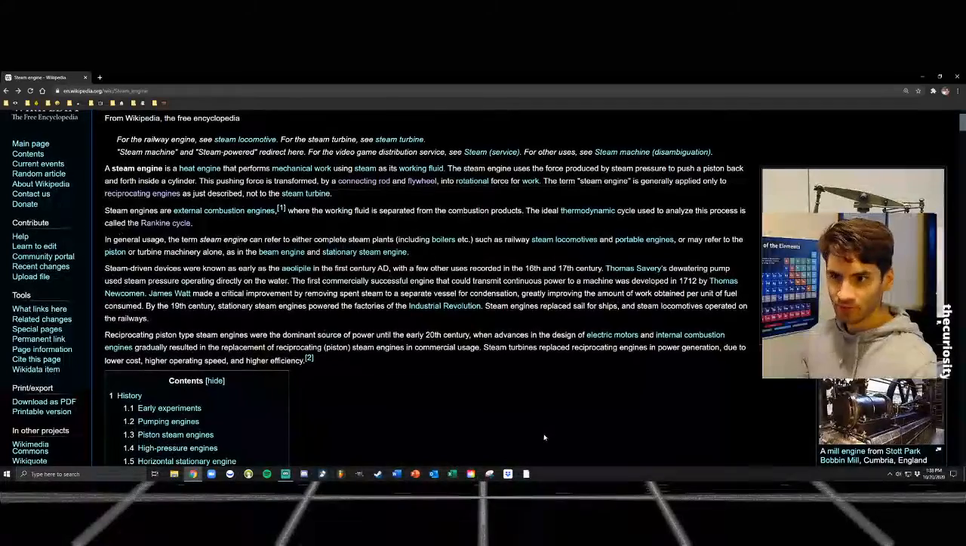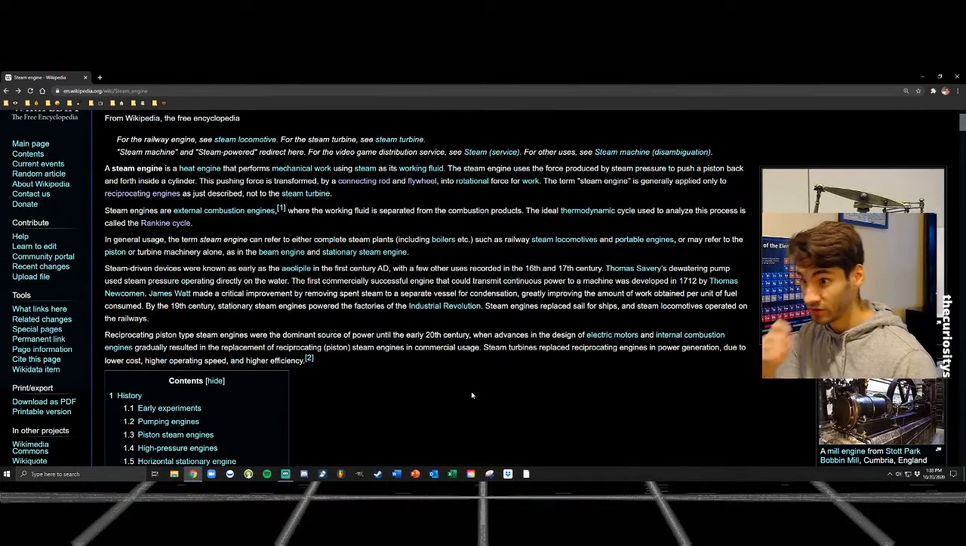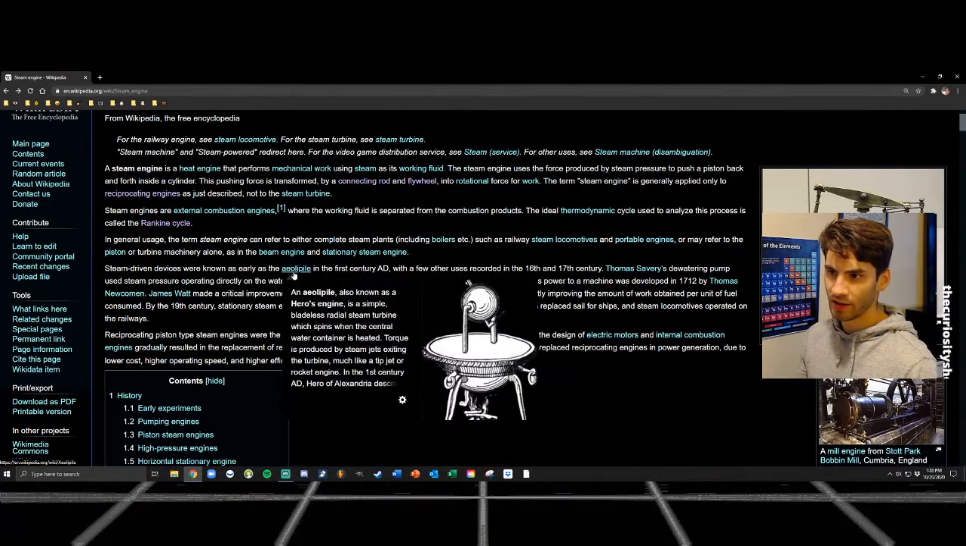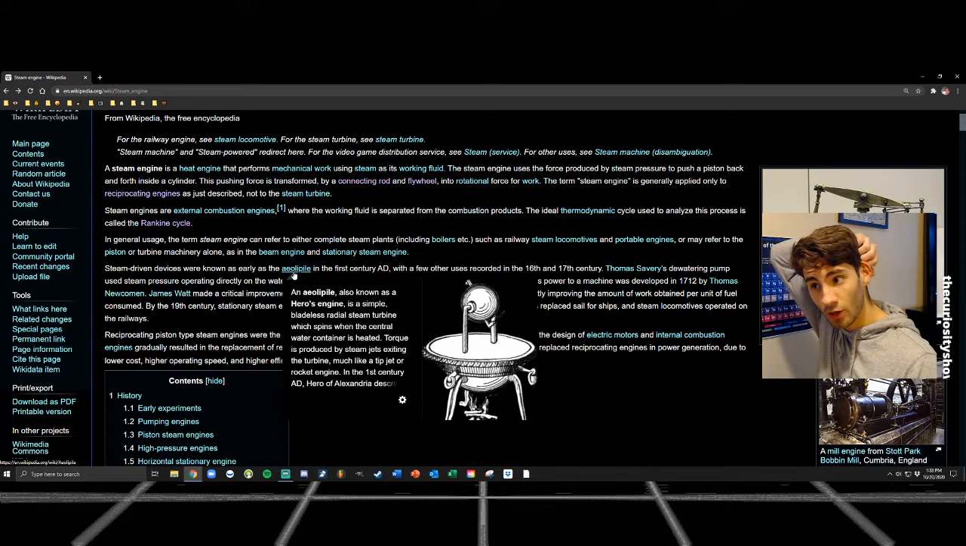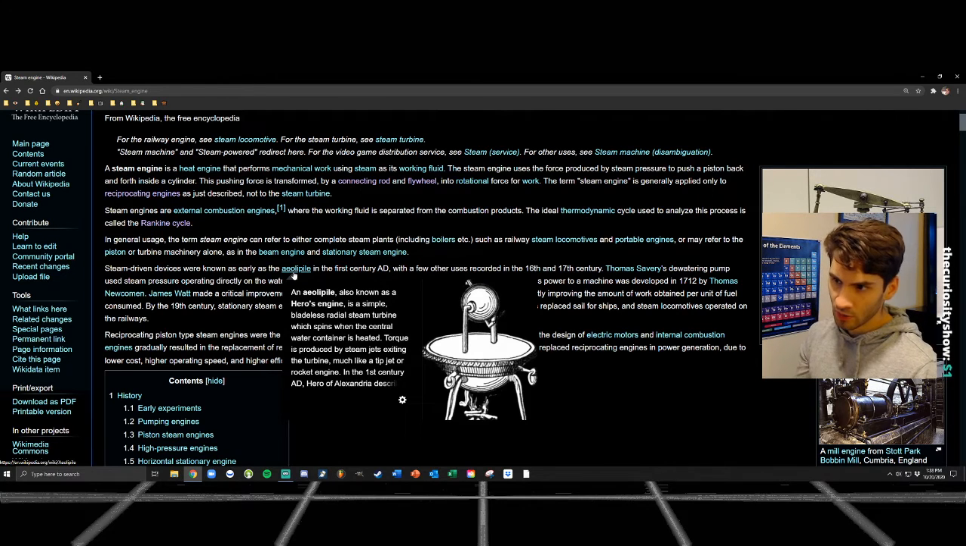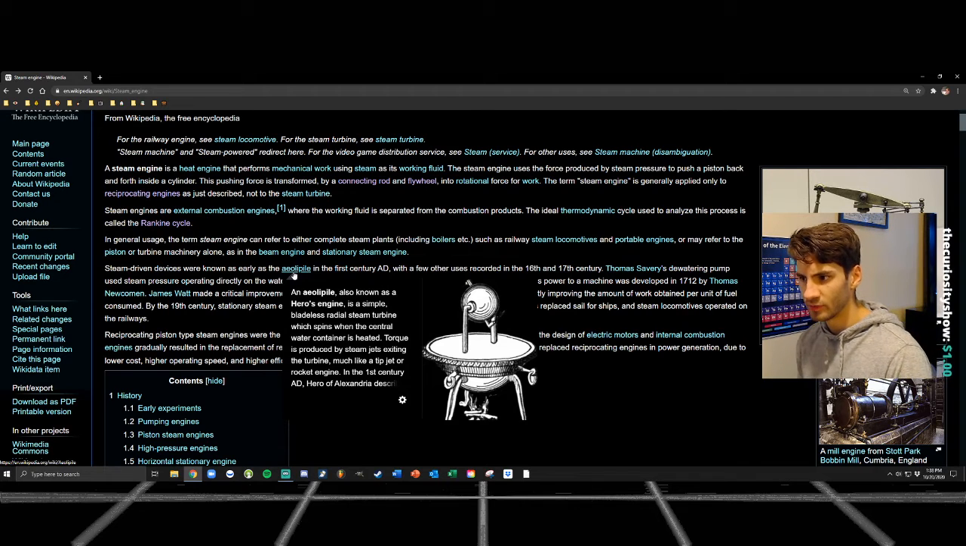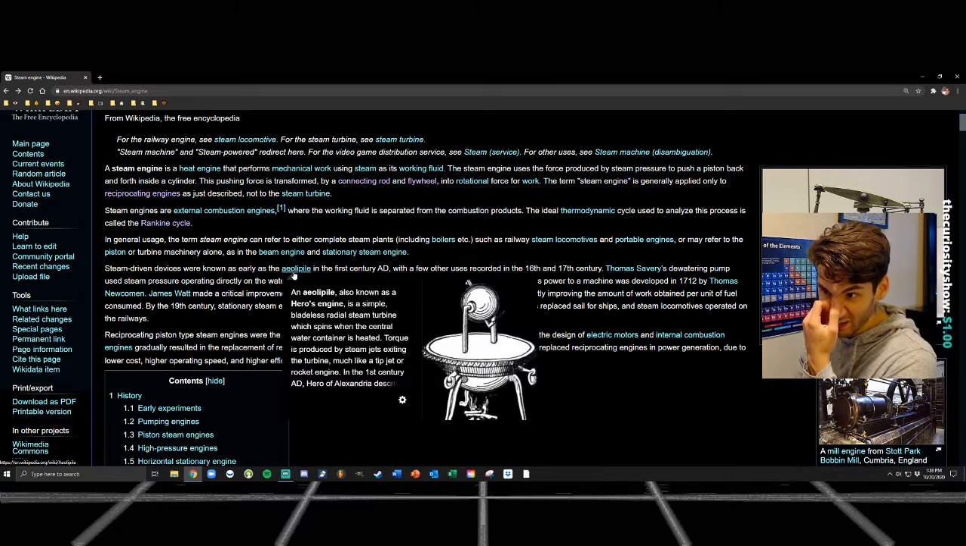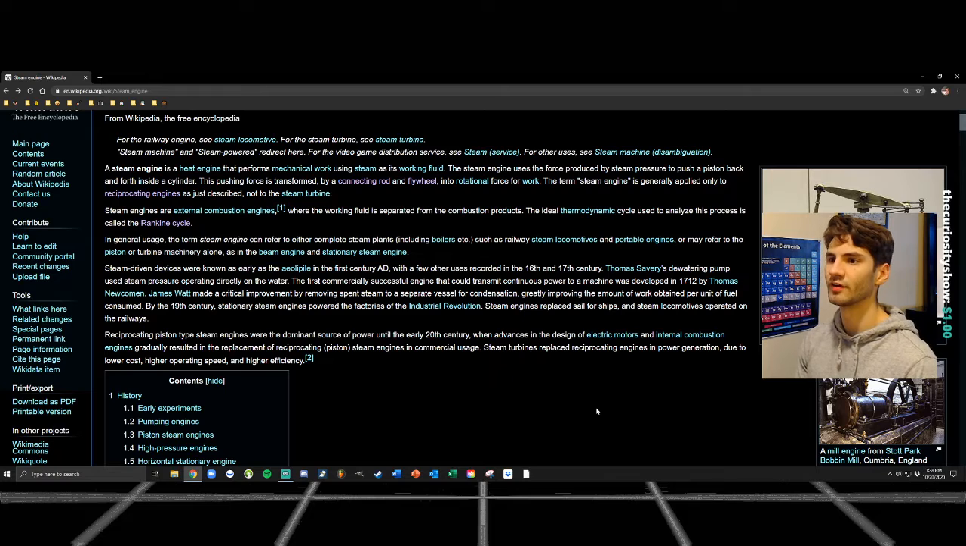Okay, let's just go here. Steam-driven devices were known as early as the Aeolipile. An Aeolipile, also known as Hero's engine, is a simple bladeless radial steam turbine which spins when the central water container is heated. Torque is produced by steam jets exiting the turbine, much like a tip jet or a rocket engine. Okay. Steam-driven devices were known as early as the Aeolipile